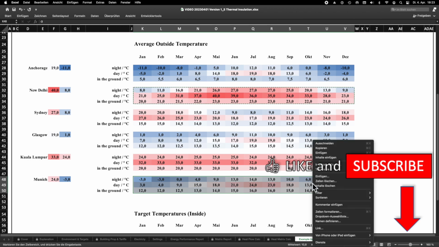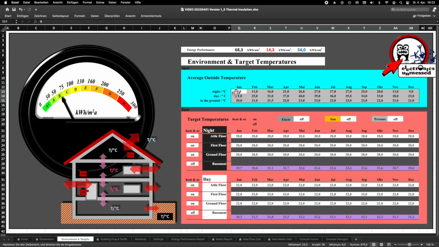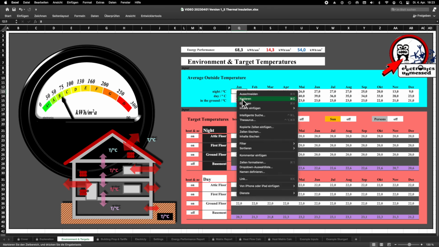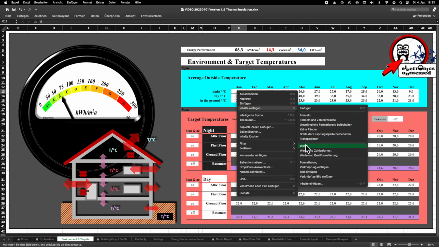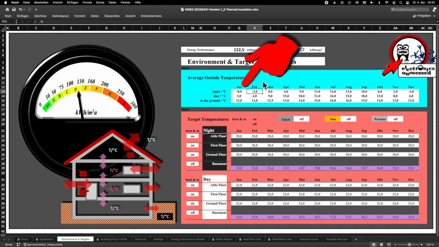Now we are going back to the Munich region because we want to show other interesting effects. Let's assume that our house is in the mountains at an altitude of over 1000 meters above sea level. There the average temperatures are of course lower, especially the nights in winter are very cold.